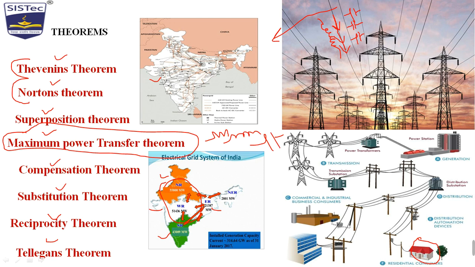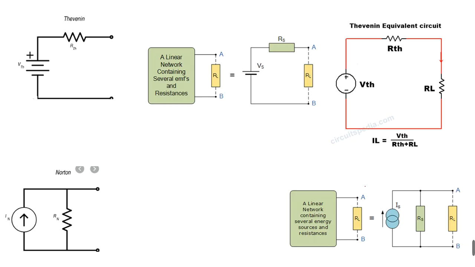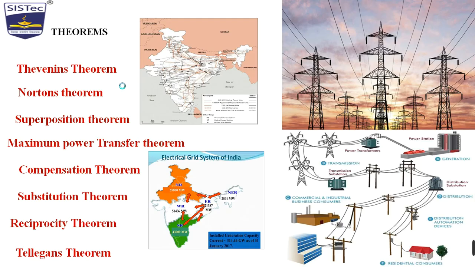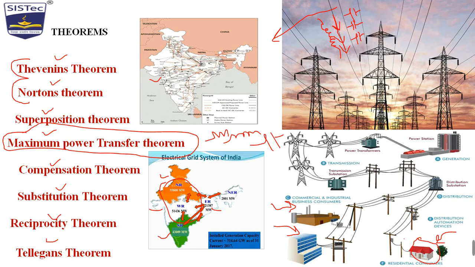But there are so many series and parallel connections. Suppose I would like to find how much current is going in this industry, what is the amount of current I am supplying here, or I am supplying to my home, or some different places. If I want to calculate, for that purpose we need to study Thevenin's theorem. Okay, so in the previous diagram, let us assume that I want to find the current here at my home. So this home will become my what? Load resistance RL. And what is this? The complete network. What is this network? So many interconnected series and parallel networks.